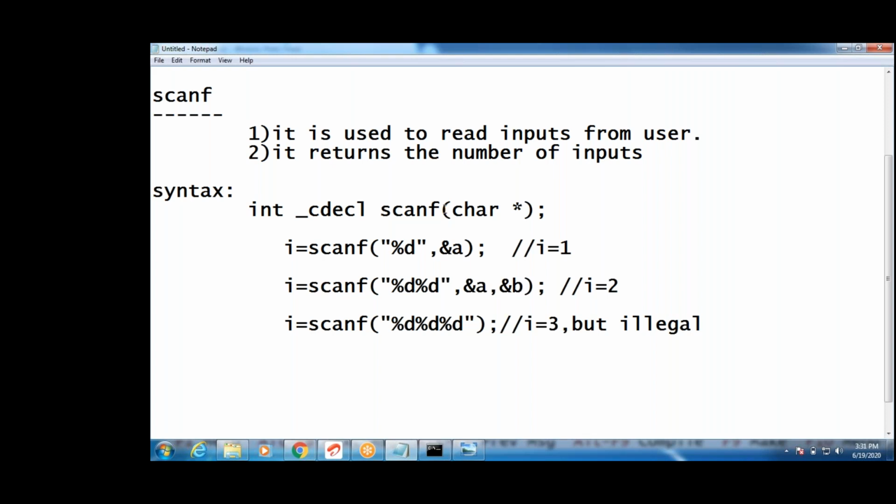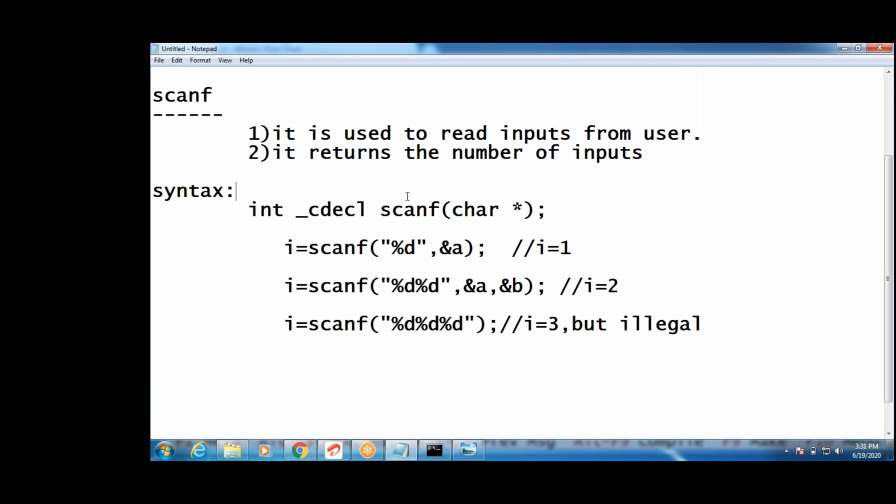We write a program, guys. Now see how to read inputs and how to print. Completed this. Now we want to read the values and we want to print them. How to read and how to print.